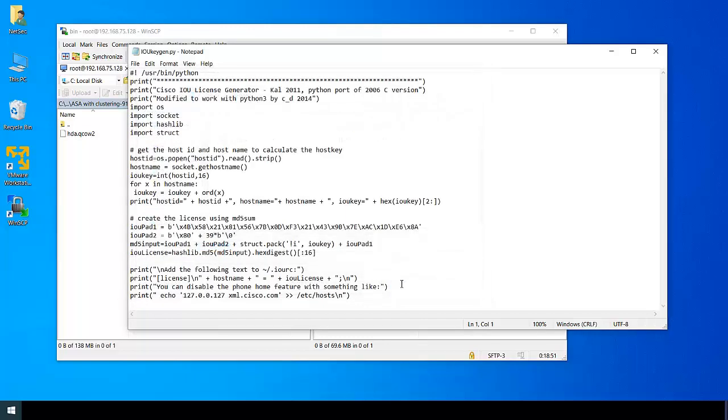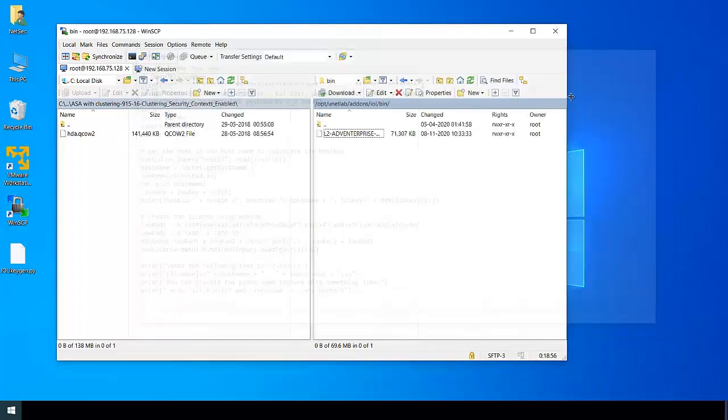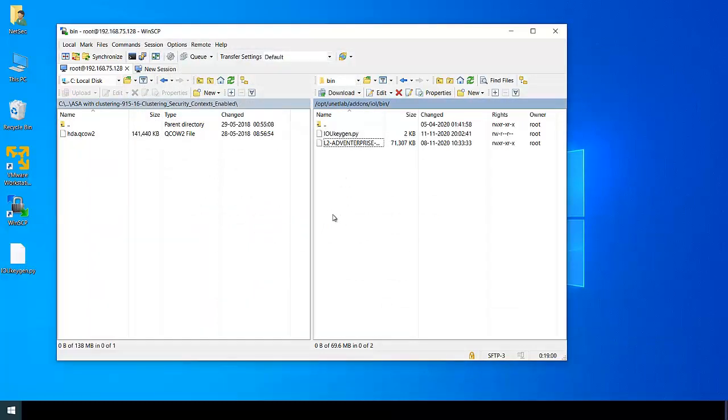Make it all files and save it. Now close this window, drag that py file into the same folder where you have put your L2 image.